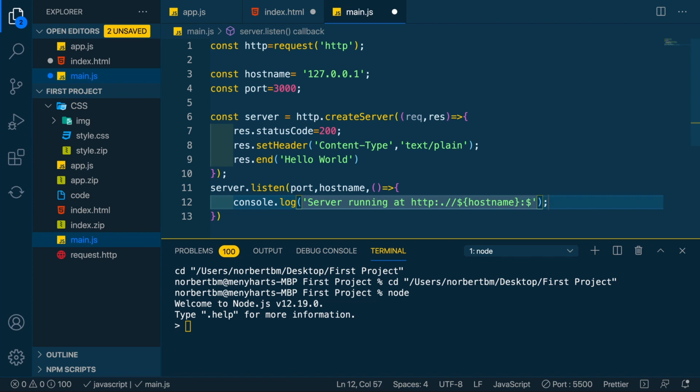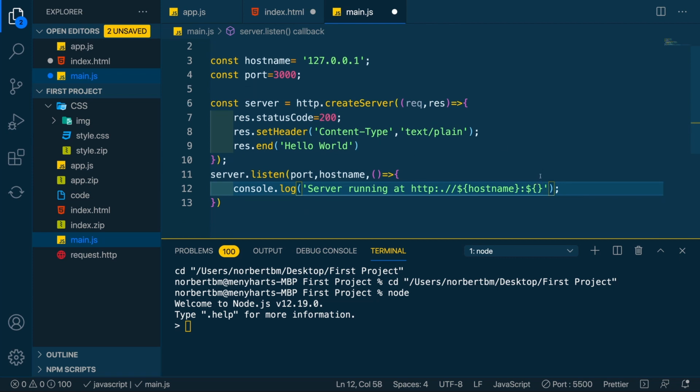And so the variable of this port right here of 3000, and there we go. And we need the port in here. Okay, so